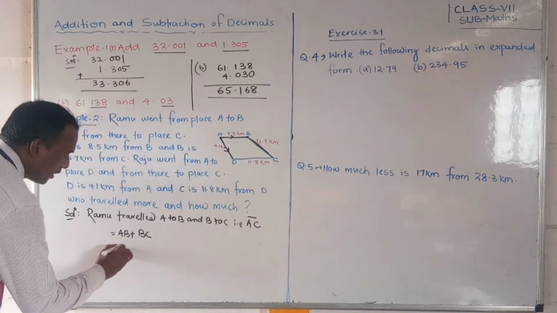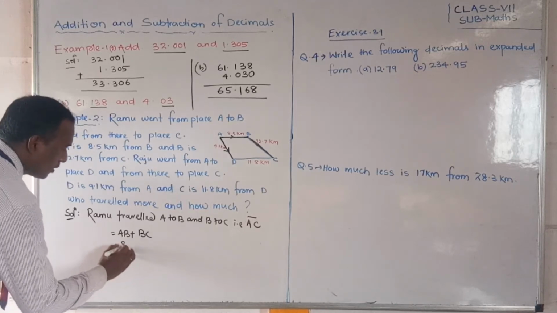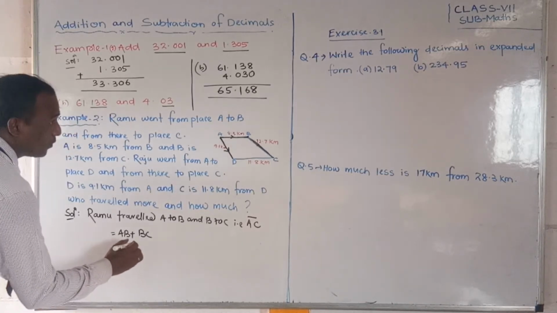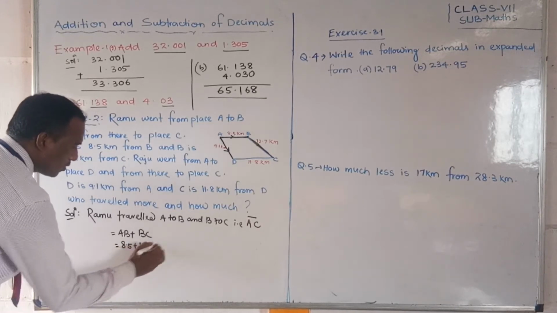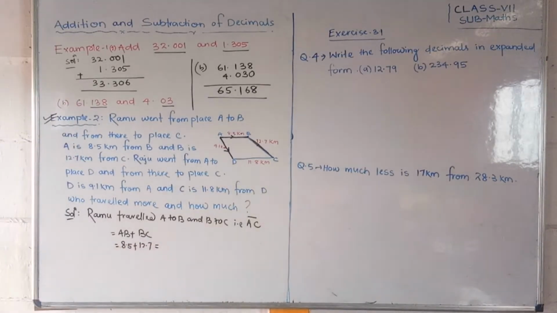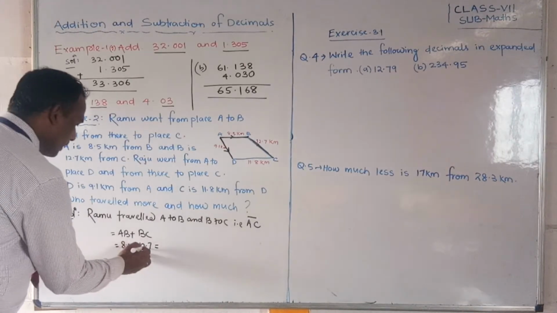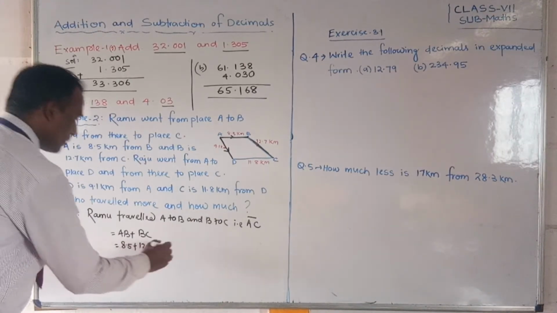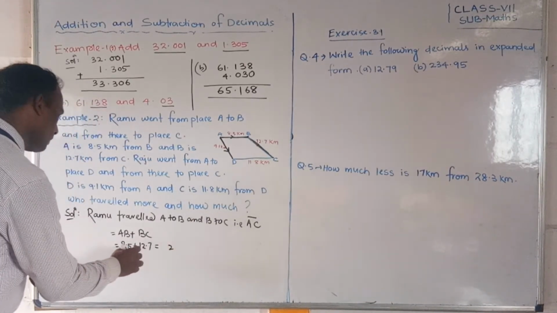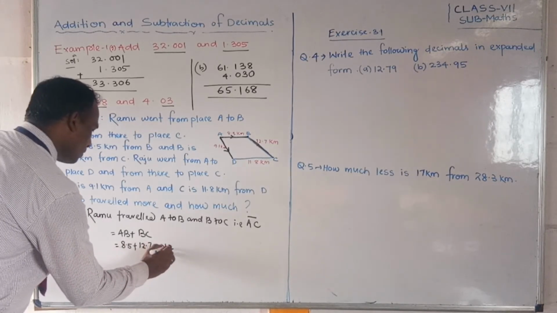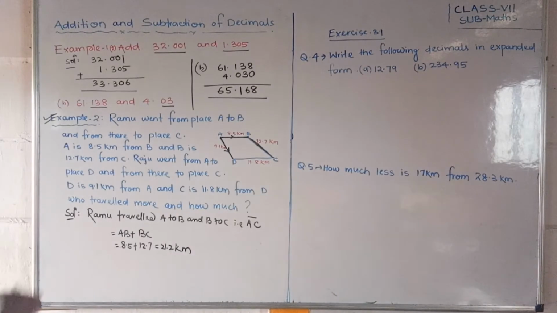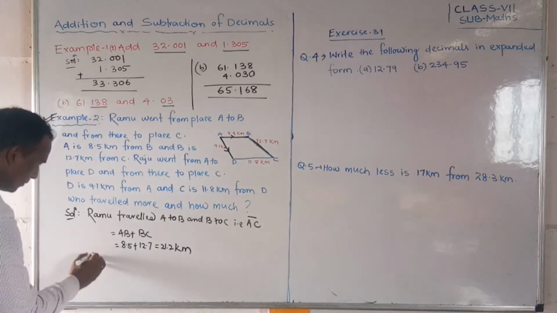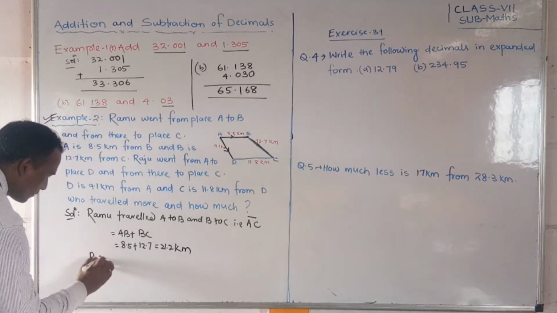So AC is equal to AB, how much? 8.5 kilometers plus 12.7 kilometers. How much will we get? We have to see. You can add: 21.2 kilometers. Okay. Now, who? Ramu traveling A to C. Same like it, Raju travels